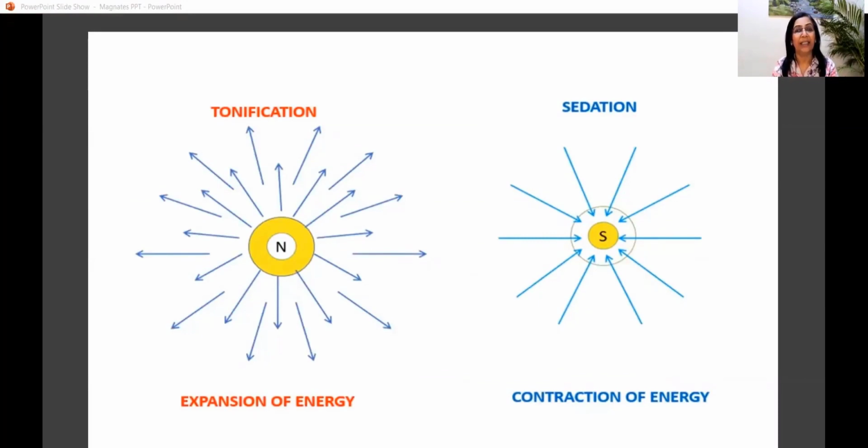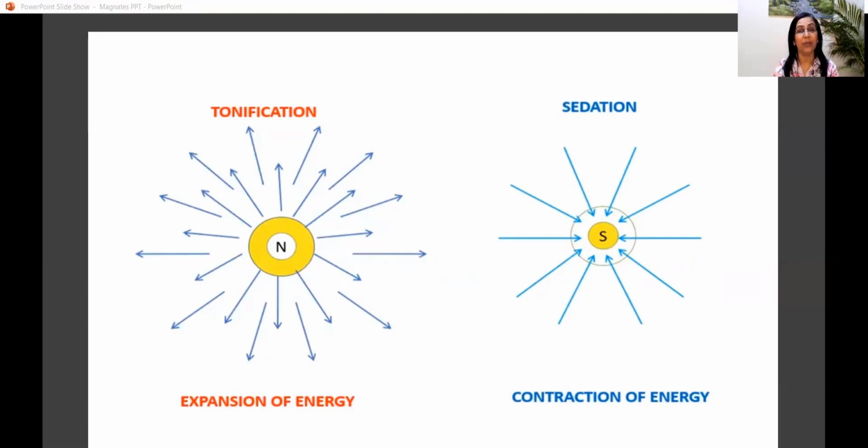Should be touching the skin. From the top, you will see the outer ring is yellow and the inner ring is white. And this should be applied on the area where there is stagnation or a chronic disease or weakness or low